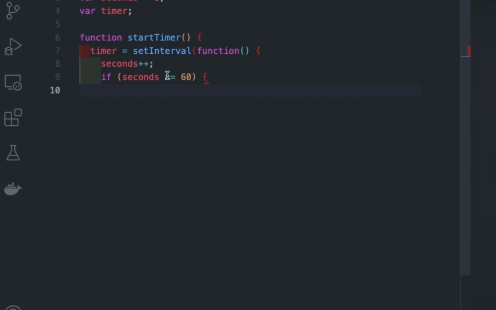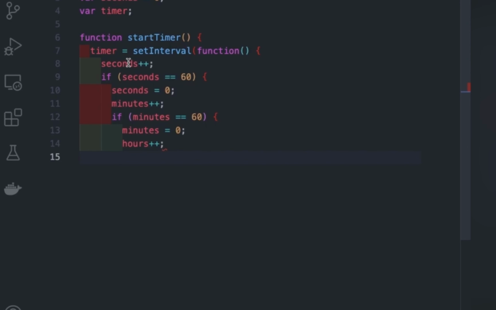Then if second is greater than 60, every time this function is called, second will increase by 1, and if second reaches 60, then it will reset second to 0 and 1 minute will be increased. Then after that I am writing another condition: if minute is greater than 60, then we will make the minute 0 and increase the hour by 1.